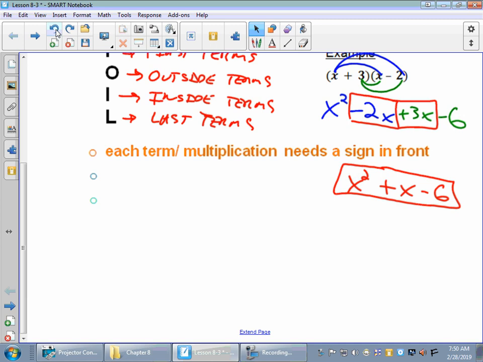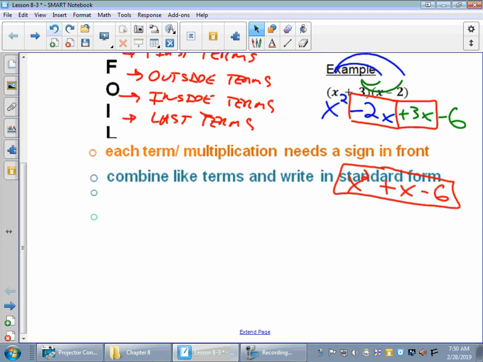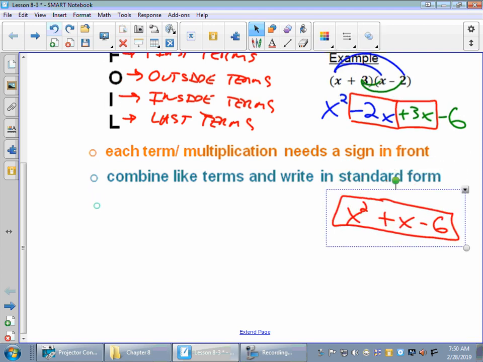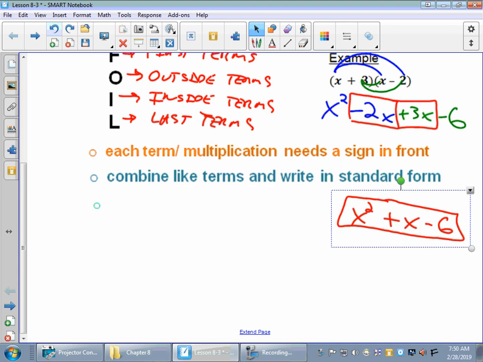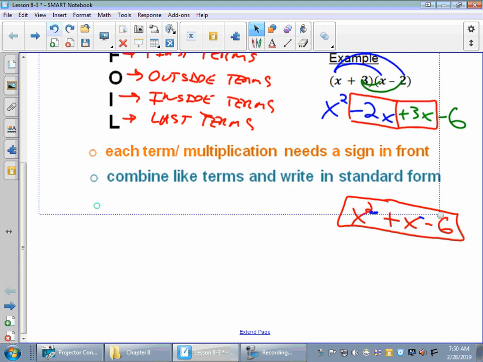The next thing is that we combine like terms always. Remember to combine like terms, and then we're going to write it in standard form. Okay, and remember our standard form is our descending order, where the degree up here, we've got x squared, x to the first, and then no variable or exponent there. So combine like terms is going to be the important thing, and then make sure that we just draw it